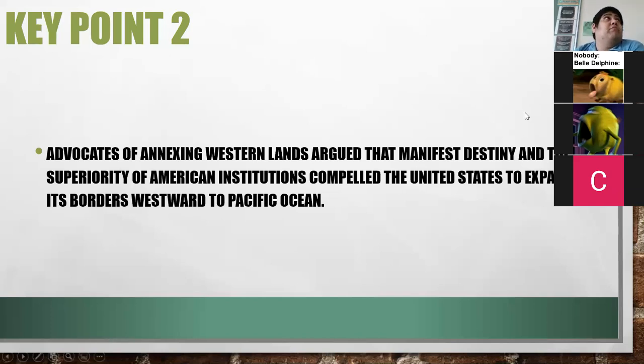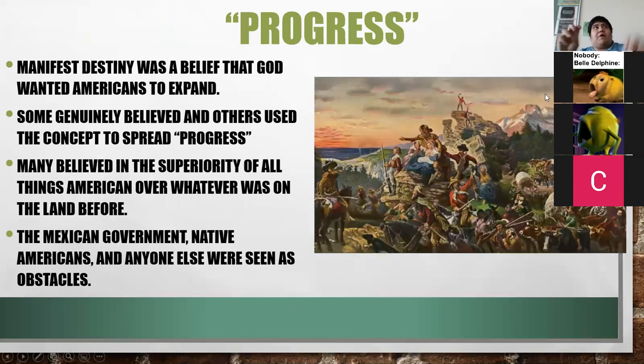Definitely. Okay, so progress. You probably don't need to write all this down. A lot of this is repeat, but look through it. So manifest destiny is to believe that God himself wanted Americans to expand. God himself said we could do it. Some people believe it. Others not so much. Probably just know that this is the shield. All you really need from this slide